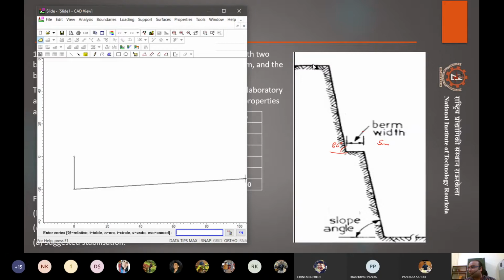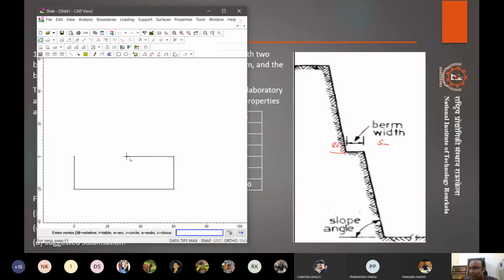So for rough, if the height is 100, the extent will be less than half. So assume it is like 30 or 40, and we can keep a good 20-meter base extra on this side. So let's keep it as 60. Oh, sorry, 60 will be on the x-axis and minus 20 on the y, right? And then we go back to the top as 0 and 60 and 0, right?